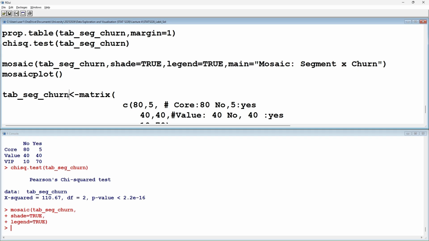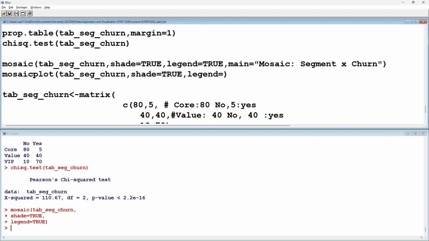For us it is a table that we have worked on, and then what else can you put in there? For example, you would say shade equal to true, but it's not the same kind of shading that you are referring to here. That shading will be a little bit different pertaining to the churning, for example,